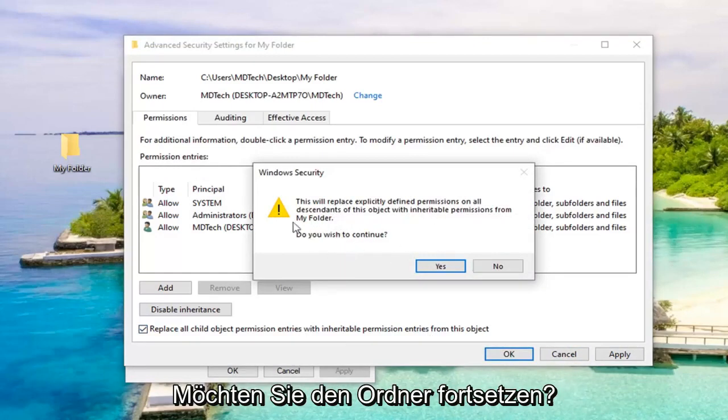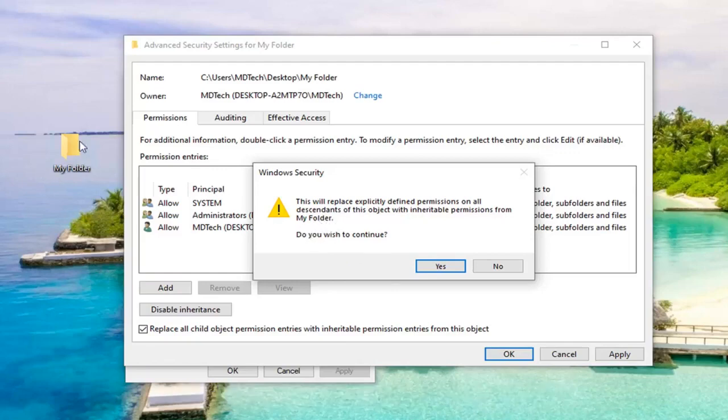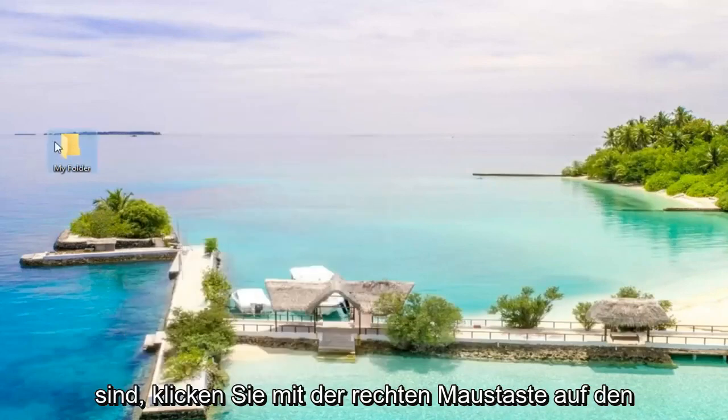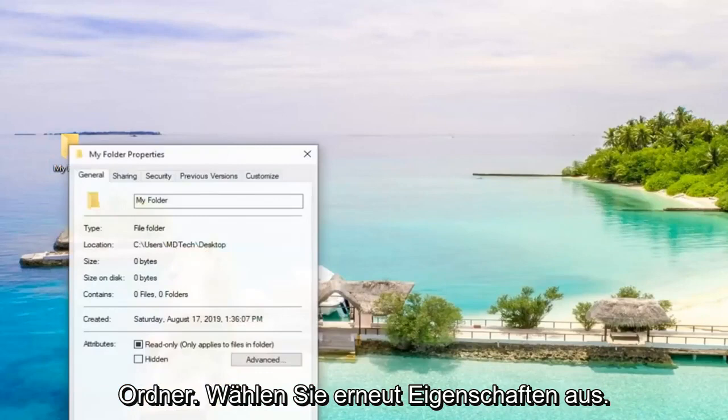Do you wish to continue? The folder will be different in your case. My folder is actually named my folder, so we're going to go ahead and select yes. Now select OK. Now that you've done that, we're going to go right click on the folder again, select Properties,